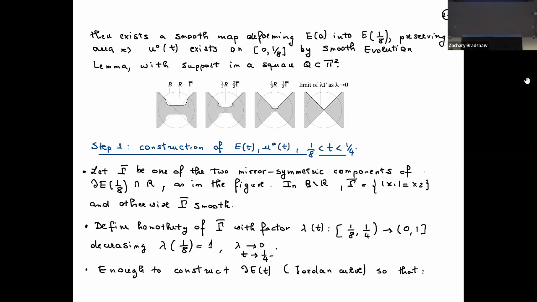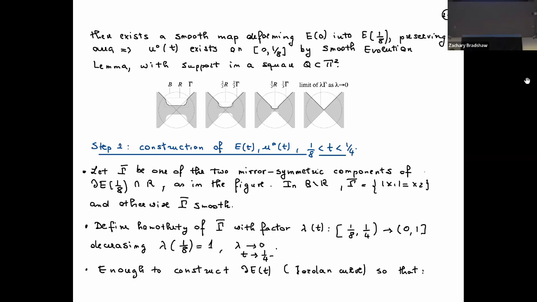And I'm going to call gamma bar this piece of the curve, okay? And then the entire curve that you see here, I get by mirror symmetry. And of course, there will be an exact construction at the bottom. So I only have to tell you what happens in this space here, okay? And there will be 2 sets. B will be this here, the zoom to the neck, and then this rectangle R will be as in the picture here. So all the action will happen in B, R, and B on the top part, and then by reflection it will work everywhere else.